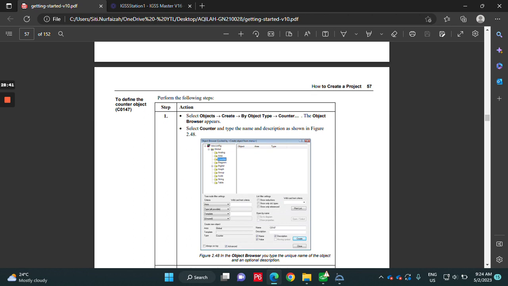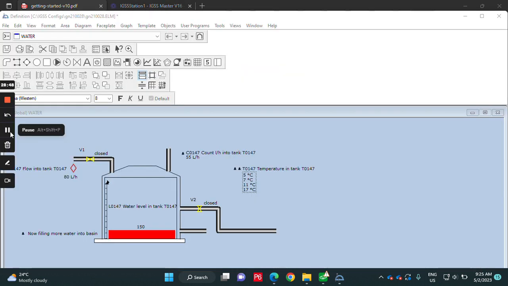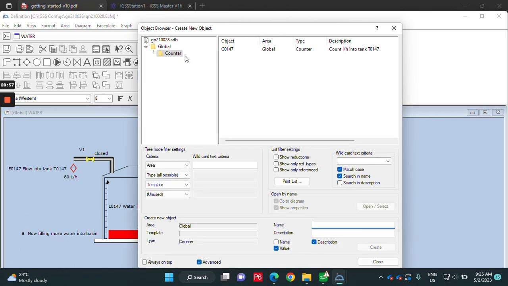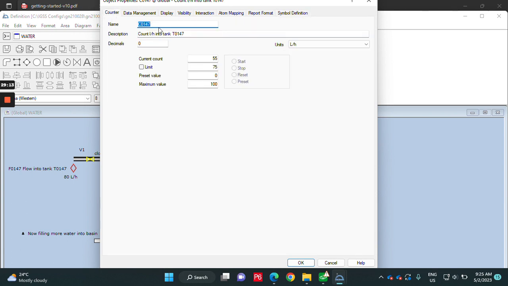Now we'll move to define the counter object. Also, same as before, we can go here, then go to object type. So here the name, we can rename this one, and then we click create. Since I already preset, I just click here. So this one,